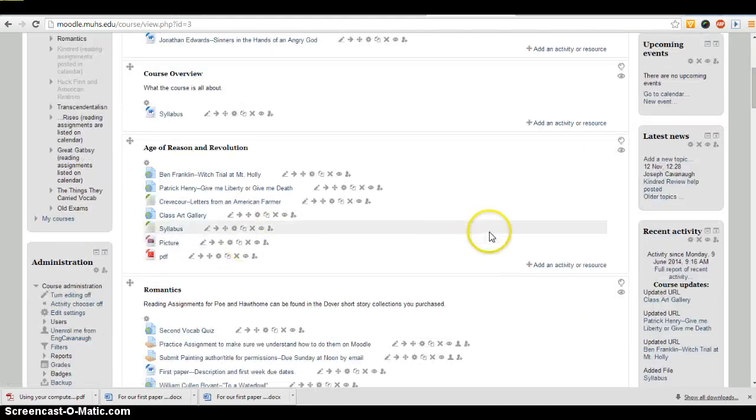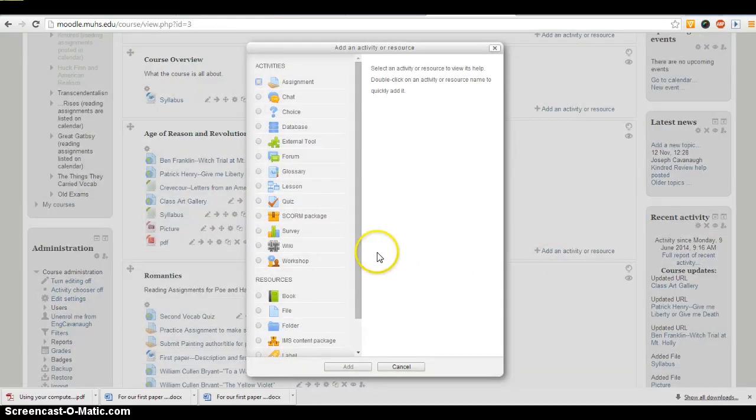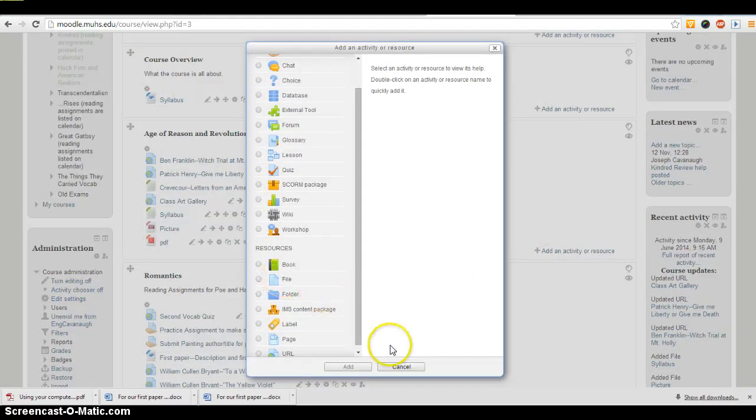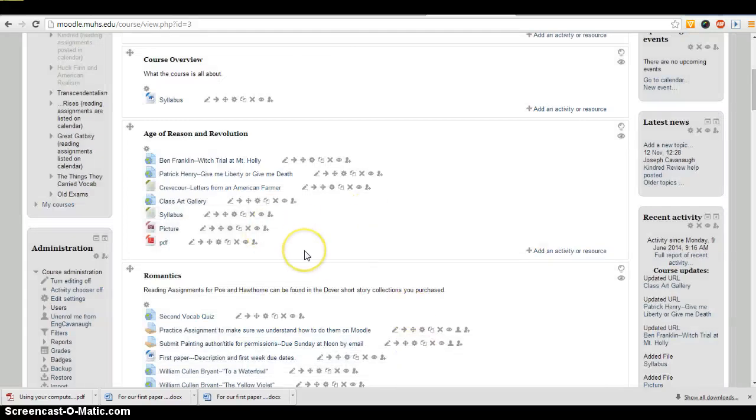Okay, so when you add an activity or resource and it's a file, one more thing: PowerPoints obviously are going to download because it can't open PowerPoints, but PowerPoint also will let you save it as a PDF, which would let you embed that document. So the real choice is, are you going to try to make it so that they can open your document without needing another program like Word or PowerPoint, or are you going to try to let them open it within the website